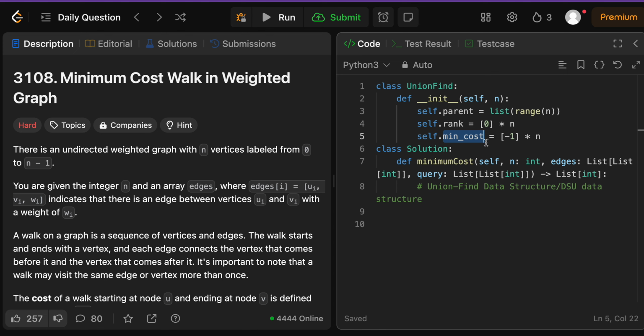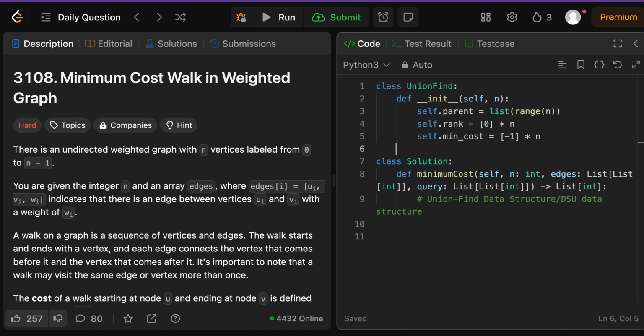going to be a list to actually store the minimum cost, which is calculated by the bitwise AND of all edge weights for that specific path or walk for each merged component. And we're going to initialize them all to -1 because that simulates that no edges have actually been processed yet. So in this class, once we have the initializing method, now let's get the find